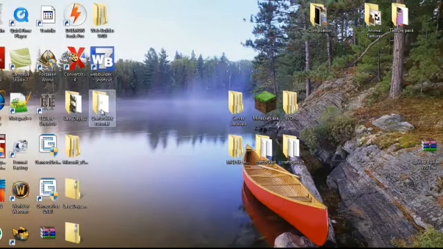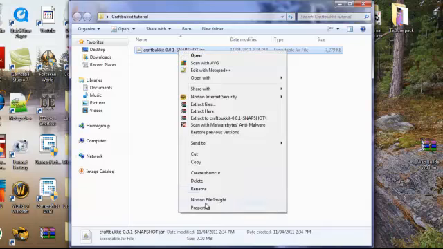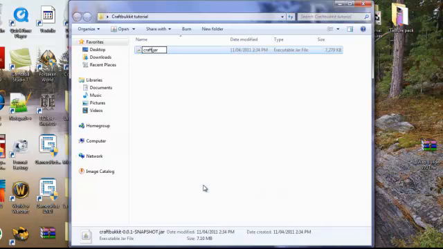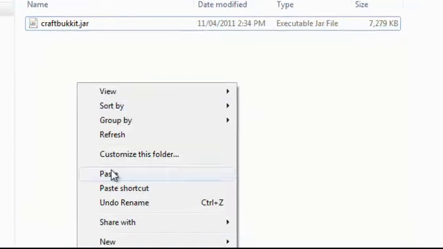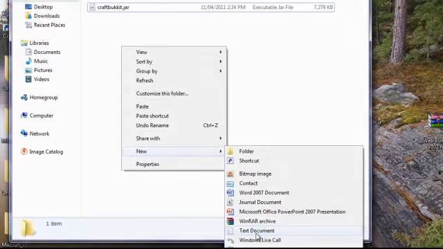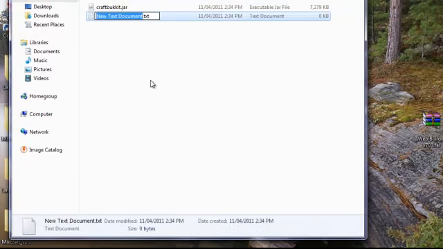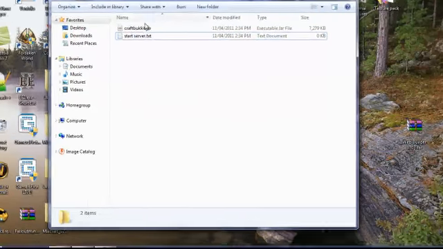Alright, so now I'm gonna go to that folder and I'm gonna rename it as Craft Bucket and then make sure it has the .jar at the end. And then I'm gonna create a new text document and just name it Start Server. I'm gonna open that up,